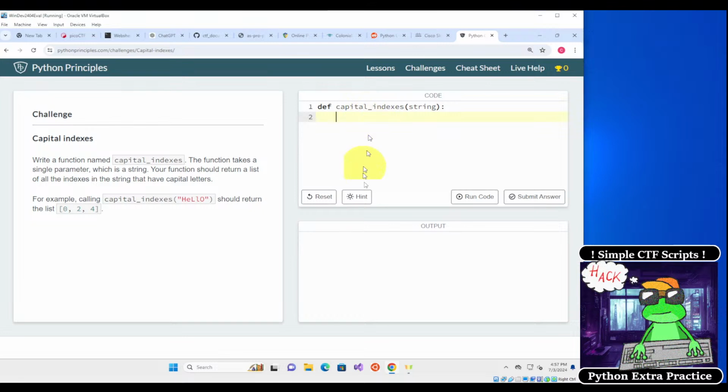So the first thing we need to do in this challenge is create a list called capital_letter_list, and that's going to be equal to an empty list. And then we need to write a for loop. So for x. We're going to be making use of a function right here, which is called enumerate. So the enumerate function in Python is going to